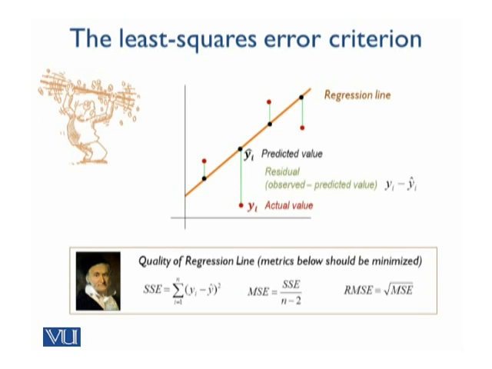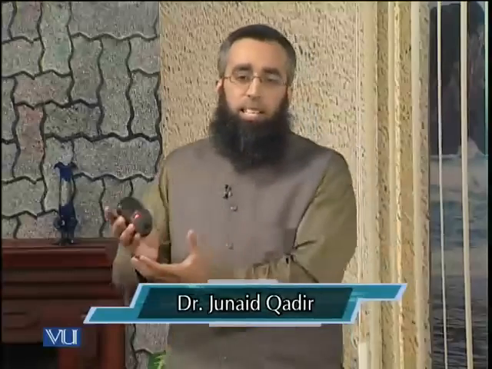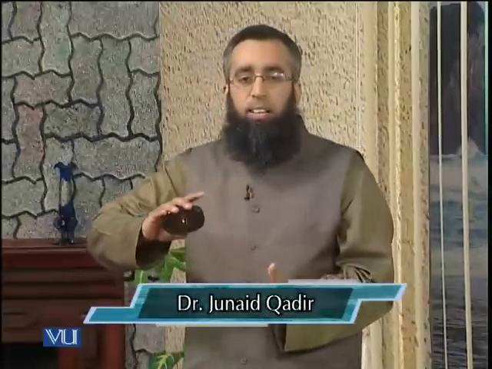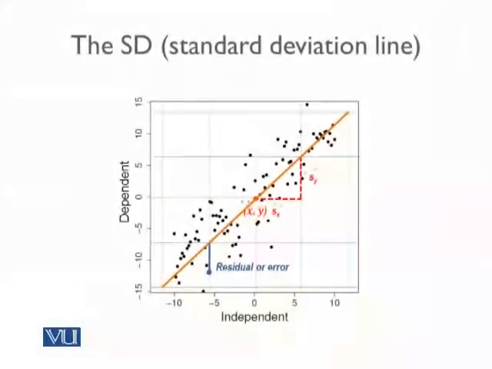Okay, so now let's talk about how we actually go about forming this line. We've already mentioned when we were talking about correlation that perfect correlation was defined like this: if one variable is one standard deviation above the mean, and it is also associated with a corresponding change in the other variable of being one standard deviation above the mean, we would call this perfect correlation.